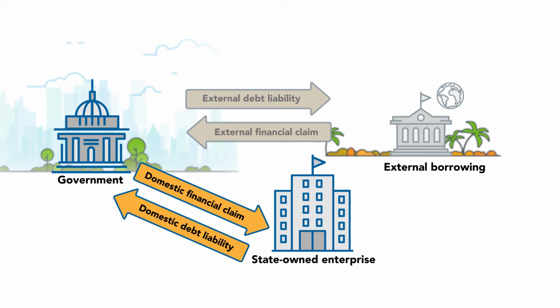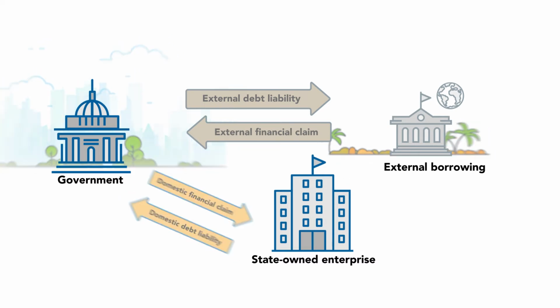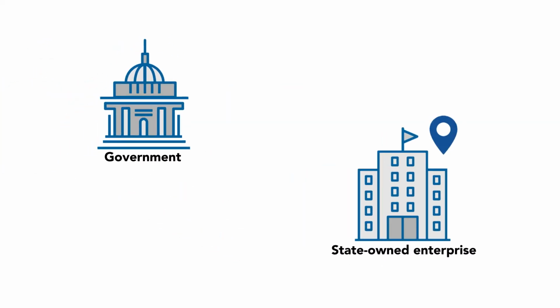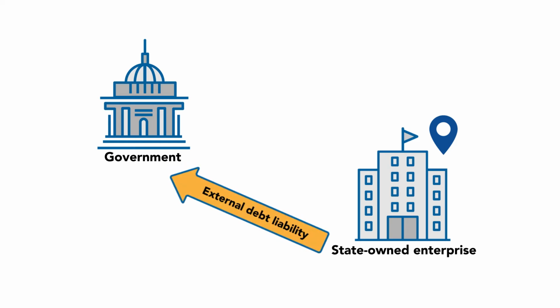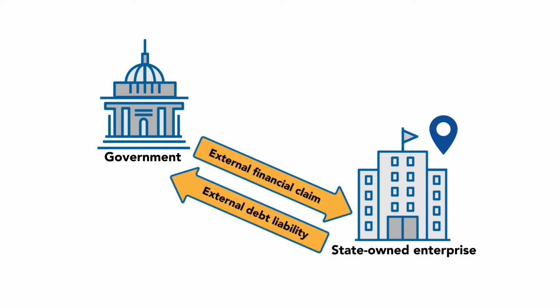Typically, the unit to which government on-lends is a resident, inside or outside the public sector. But it could be a non-resident too. In that case, an external debt liability and external financial claim are involved. The servicing of these two separate debt liabilities should also be handled with caution. The repayment of each of the two debt liabilities is recorded in the books of the unit in whose balance sheet each debt liability appears.